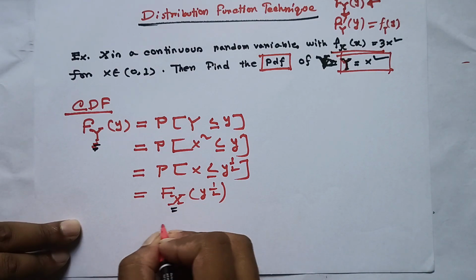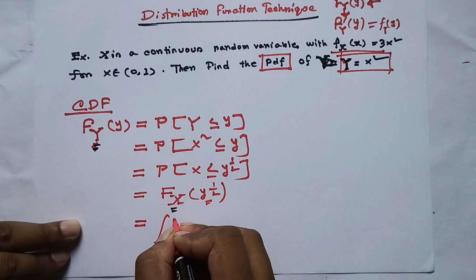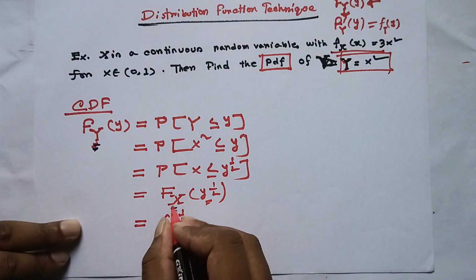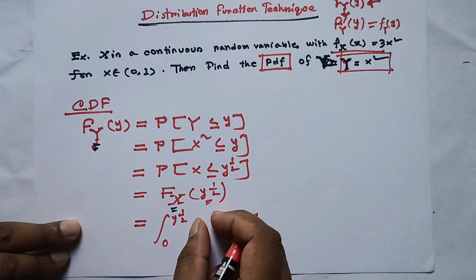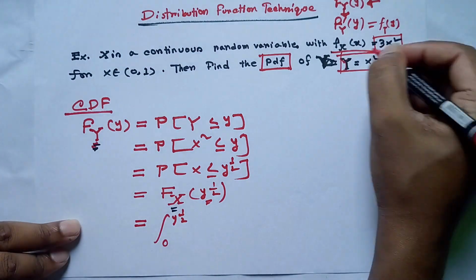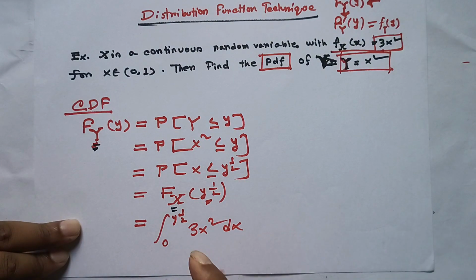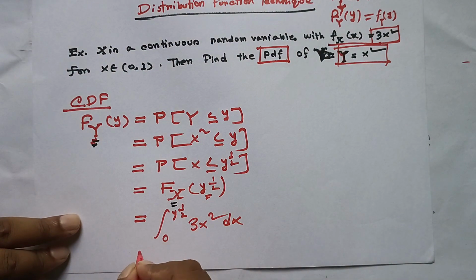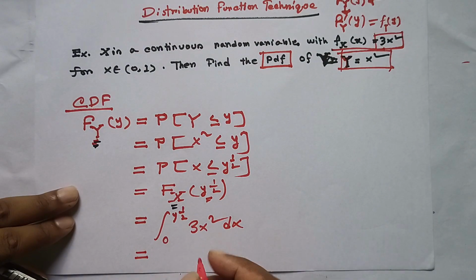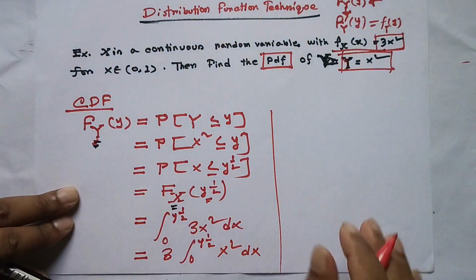next what we can do here is integrate it. To get the CDF, from 0 to the upper limit y to the power half, we put the PDF, which is defined here as 3x squared, and definitely it will be dx. Okay, now 3 is a constant, so it comes out: 3 times the integral from 0 to y to the power half of x squared dx. Okay,